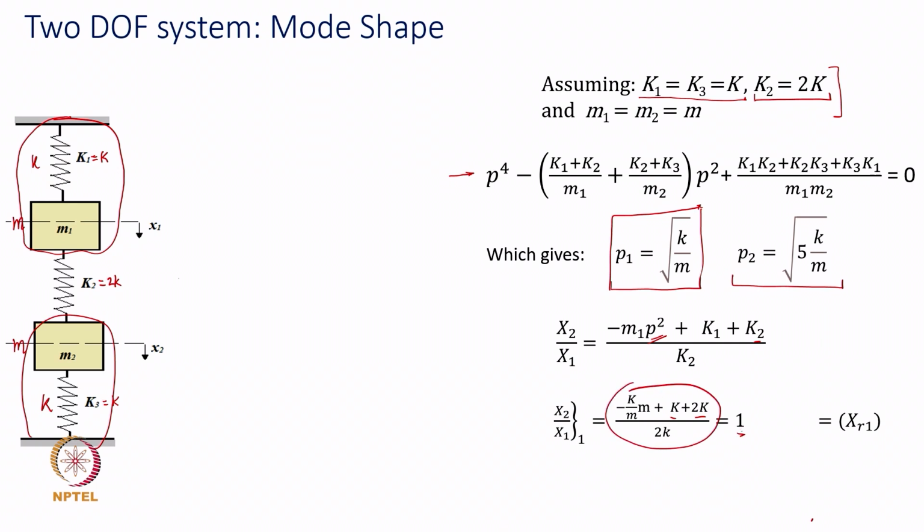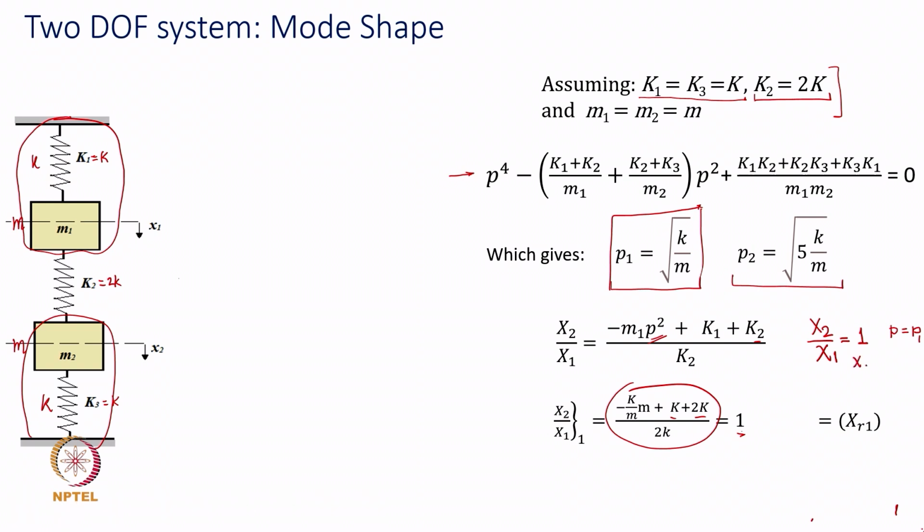So, x2 over x1, this amplitude ratio, is turning out to be 1 for the case p equal to p1, which actually means that when the system vibrates at its first natural frequency p1, x2 by x1 equal to 1,